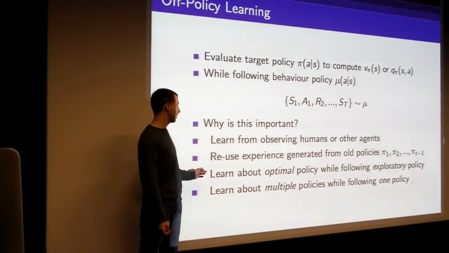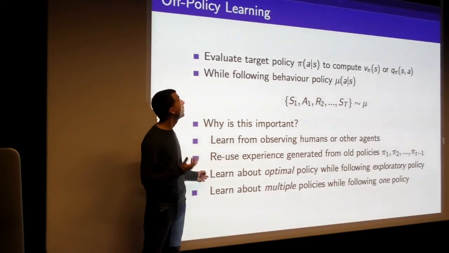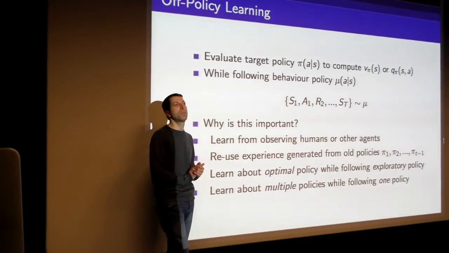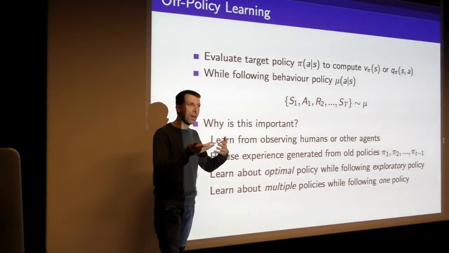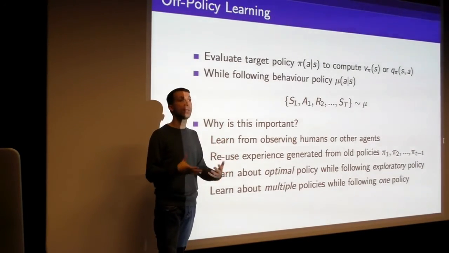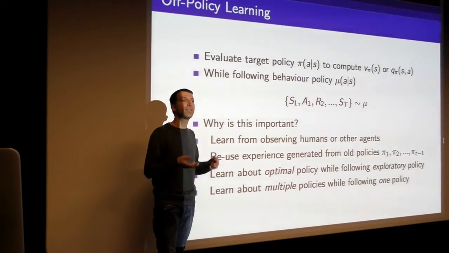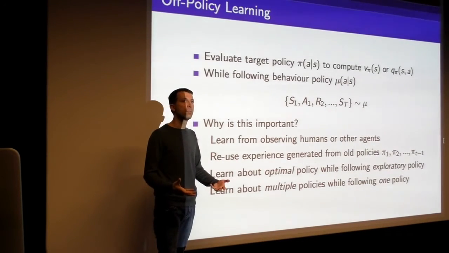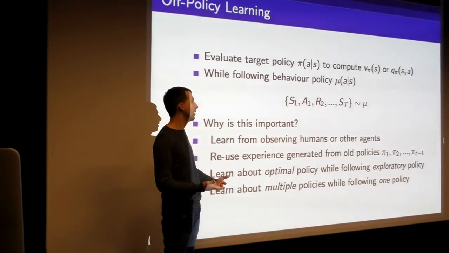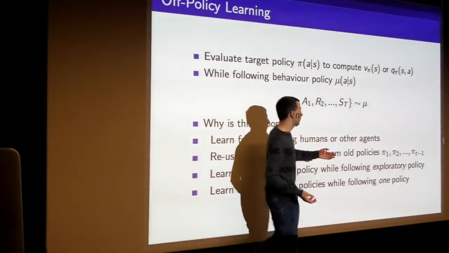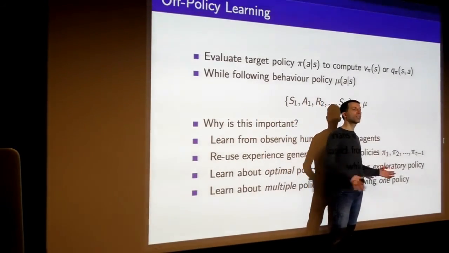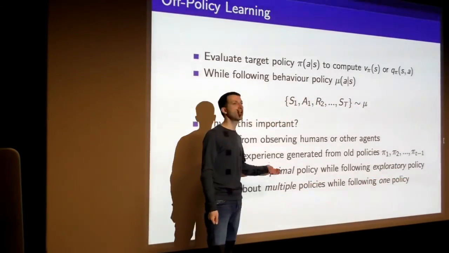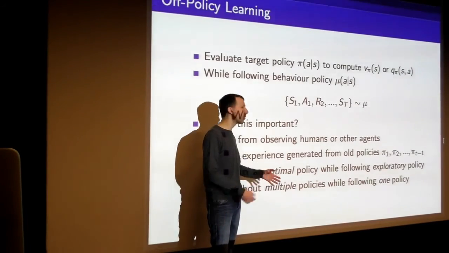Probably the best known example of where off-policy learning is used is this third point. We know that there's this big issue in reinforcement learning, which is making sure that you explore the state space effectively. At the same time, we want to learn about the optimal behavior, which doesn't explore at all. So why not make use of off-policy learning, so we can have an arbitrary exploratory policy that just explores around with as much exploration as we want, and at the same time learn about the optimal policy. That requires us to be off-policy.